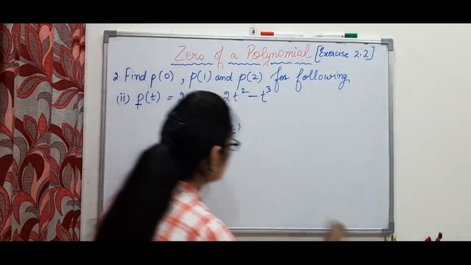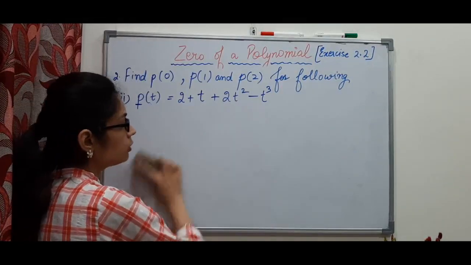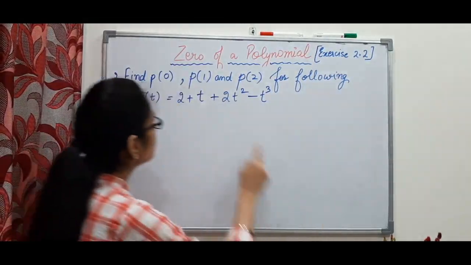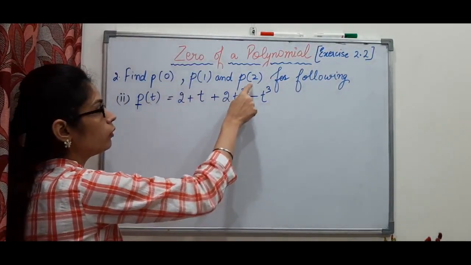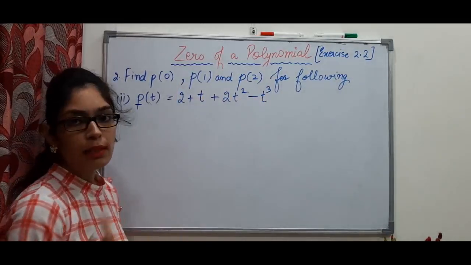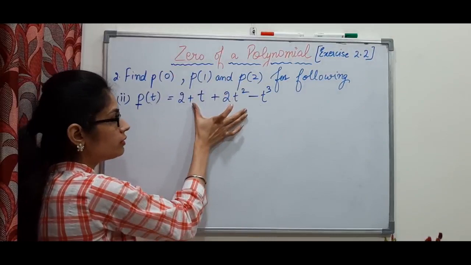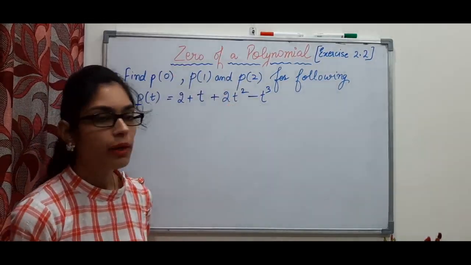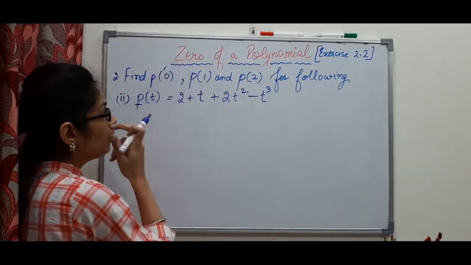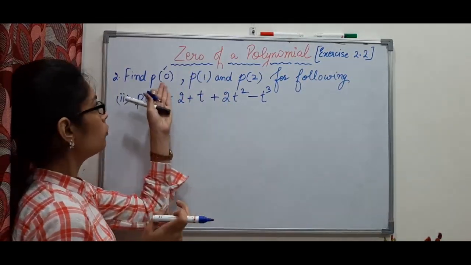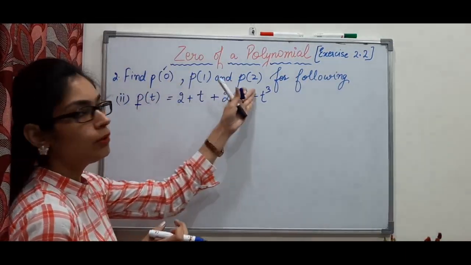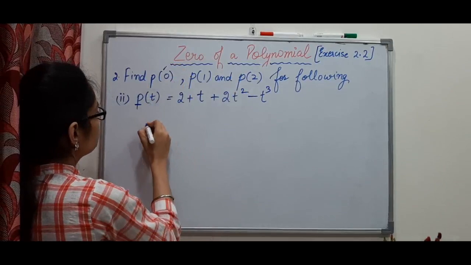So here you will write whichever variable is given in the polynomial. The question is, you have to use different values in the polynomials, these values 0, 1 and 2. You have to put them, this is the same as we have done in the first question. Just put these values in this expression and find the value. So each expression you have to find the values for 0, 1 and 2. So let's start with 0.